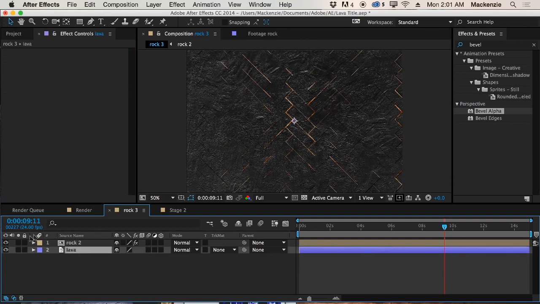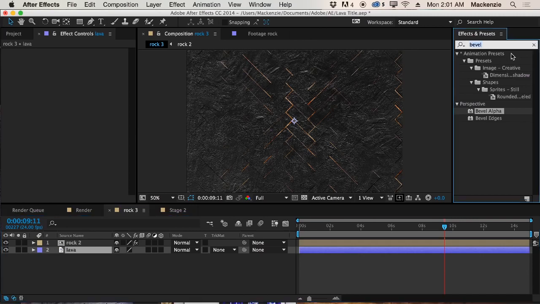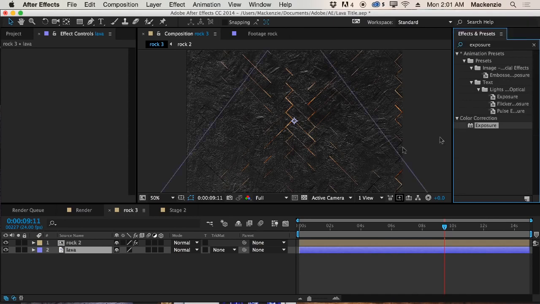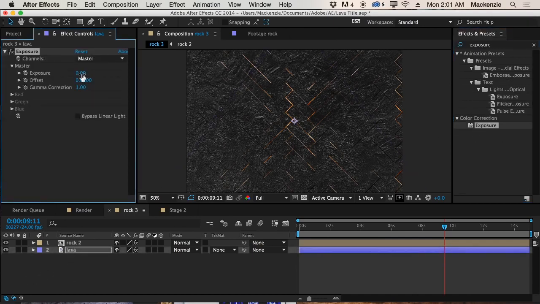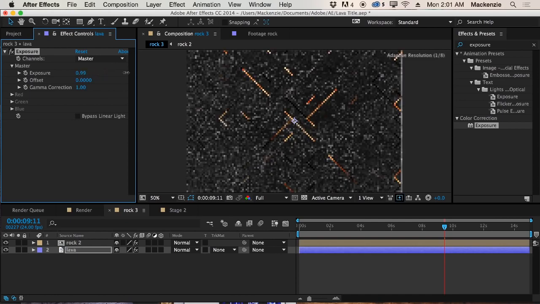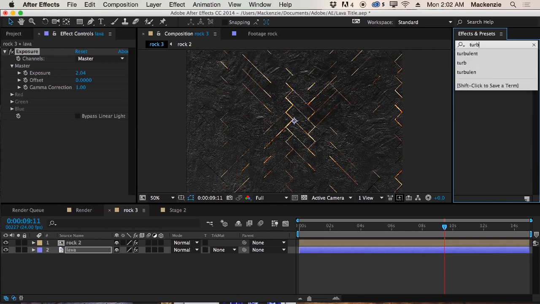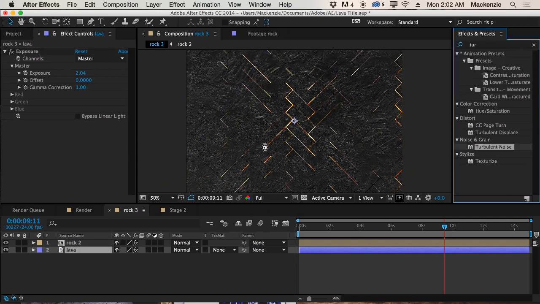Alright, and then we can start to animate the lava. So the first thing I'm going to do with the lava is just kind of help to hopefully push it a little bit out of the rocks, kind of help make it surface. I'm going to bring up the exposure quite a bit, maybe 2-ish, somewhere around there. You're just gonna want to push up the exposure until you start to leave the orange realm and push more into the yellow. You can see we started off kind of orange, now we're getting yellow. That's far enough. And then we're going to add a Turbulent Displace to add some movement underneath the rock, because